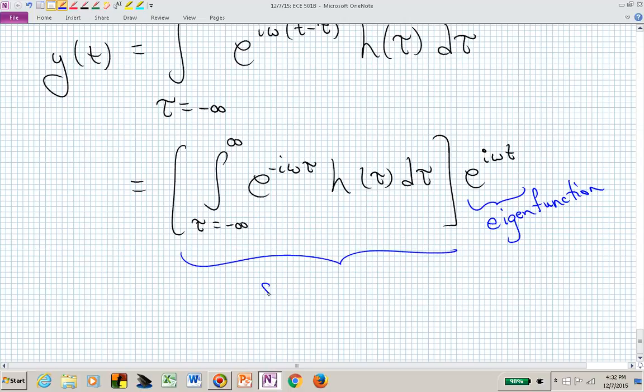This is now a scalar, and let's say that we keep omega variable, so it's a function of omega, but if you plug in a particular value of frequency or a particular value of omega, you will get some complex scalar,